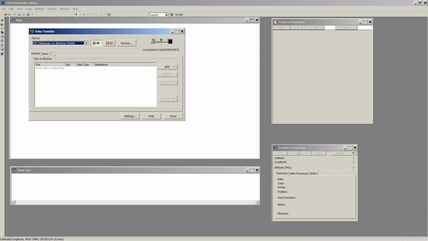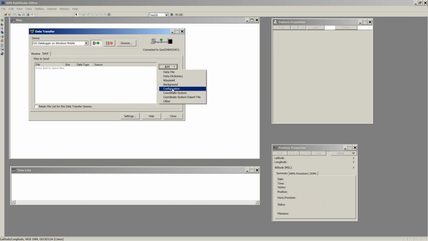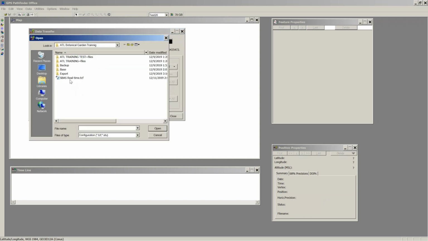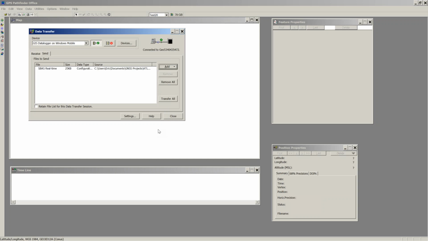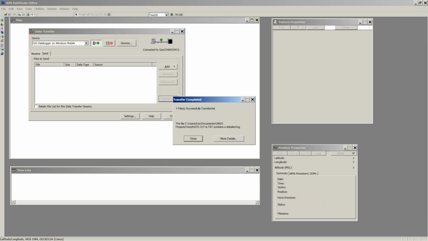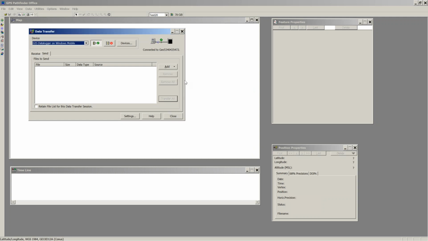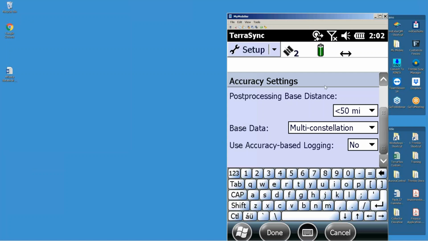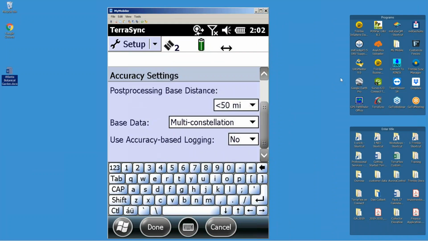What I'm going to do now is we're going to take this. I'm going to click on send. I'm connected to my Geo. I'm going to say add configuration. And now I can grab that SBAS. I'm going to send that over. Disconnect, close. So now in TerraSync,